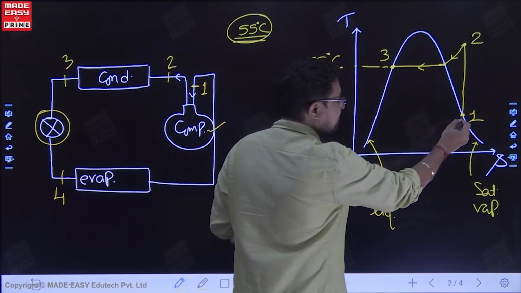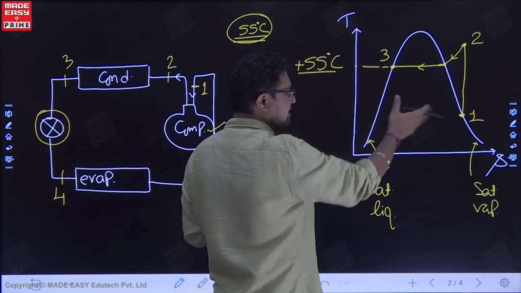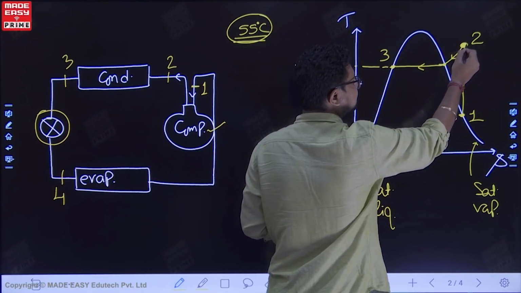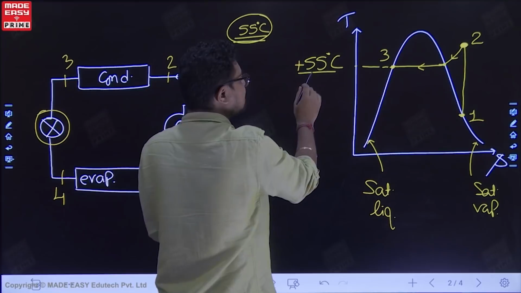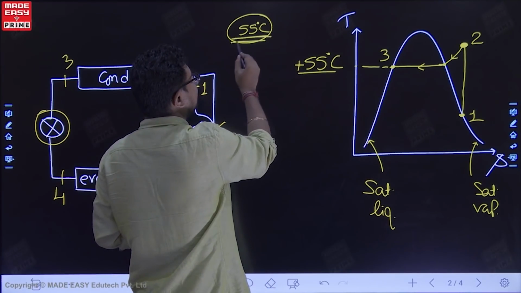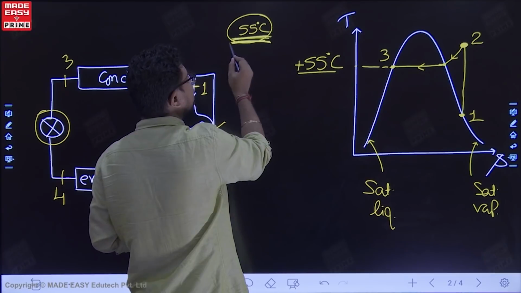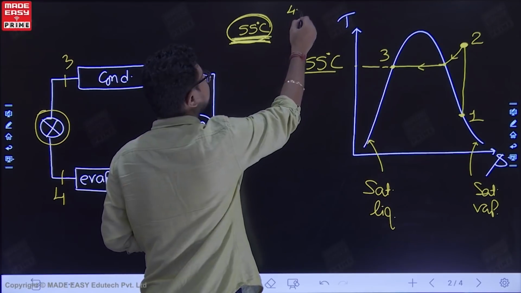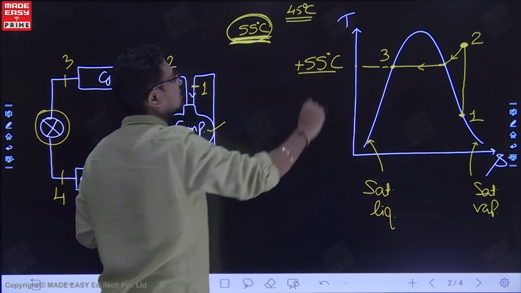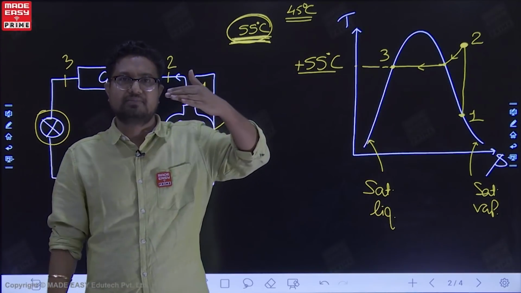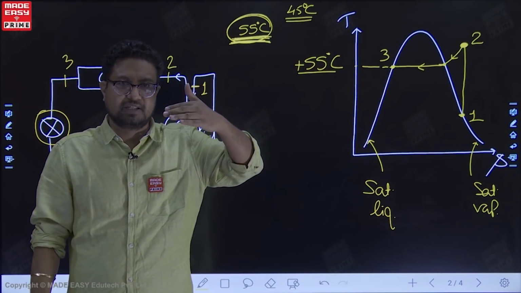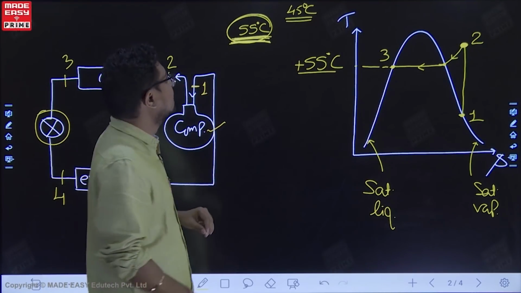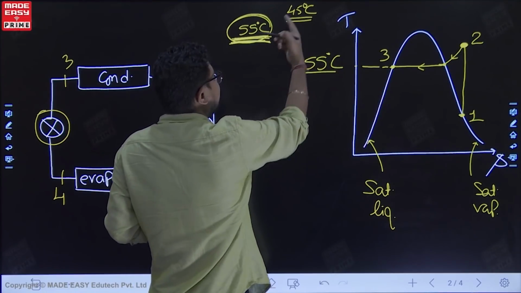Let us come back. Vapor was there. At what temperature, that we will discuss. We compressed the vapor to a higher pressure. Up to what pressure we should compress? We will see at what temperature we want to reject heat to the surroundings. Surroundings is at, let us say, 45 degrees Celsius. So we need to be above surrounding, let us say that is 55, we will maintain a gap of 10 degrees. So by being above the surrounding, I want to reject heat.